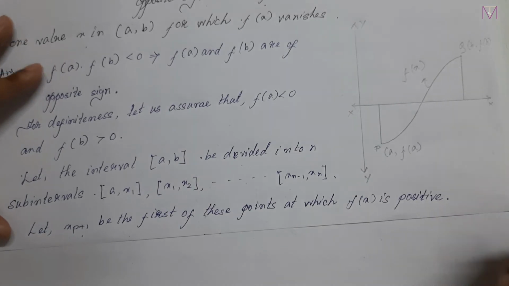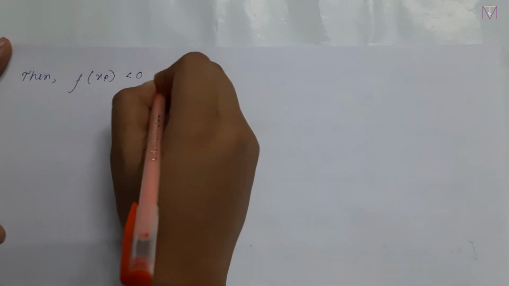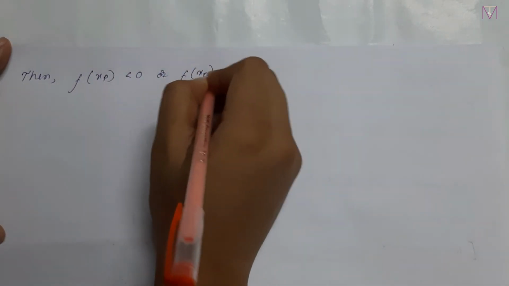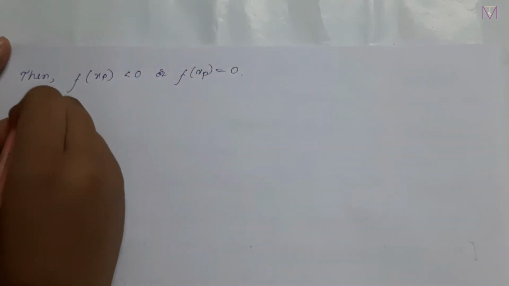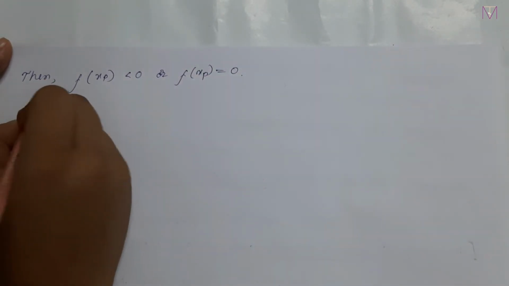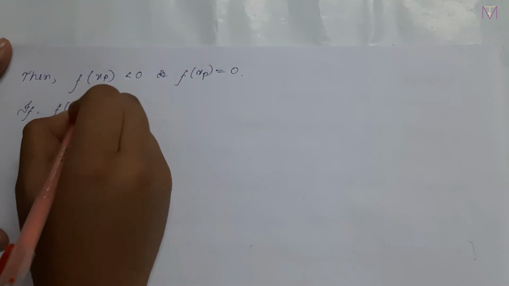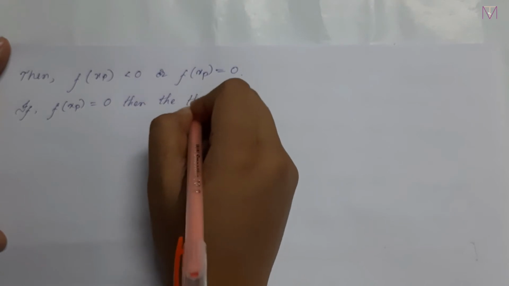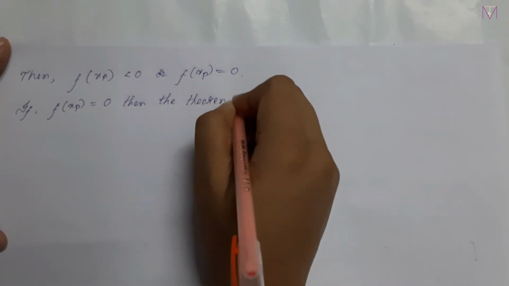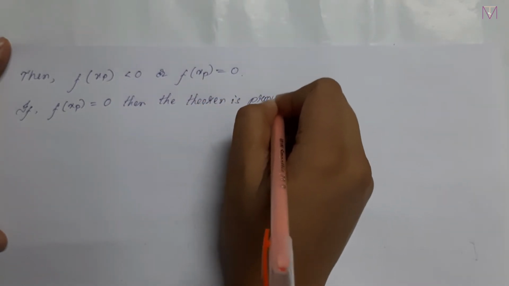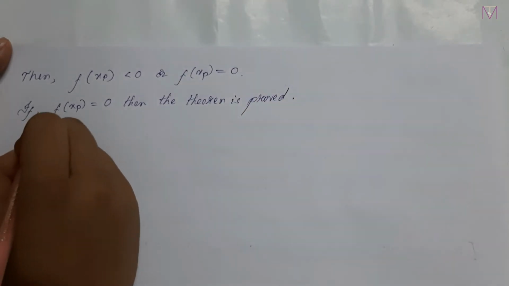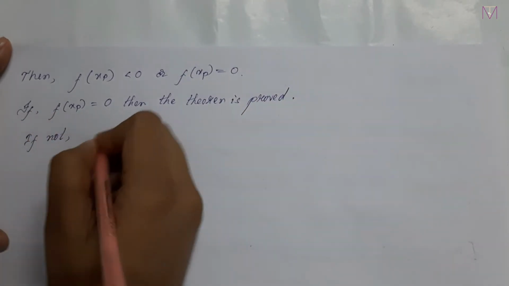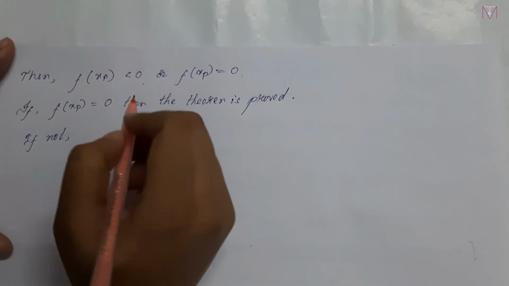So let's write this: f of xp is less than 0 or f of xp is equal to 0. If f of xp is equal to 0, then the theorem is proved. If not, that is f of xp is less than 0,